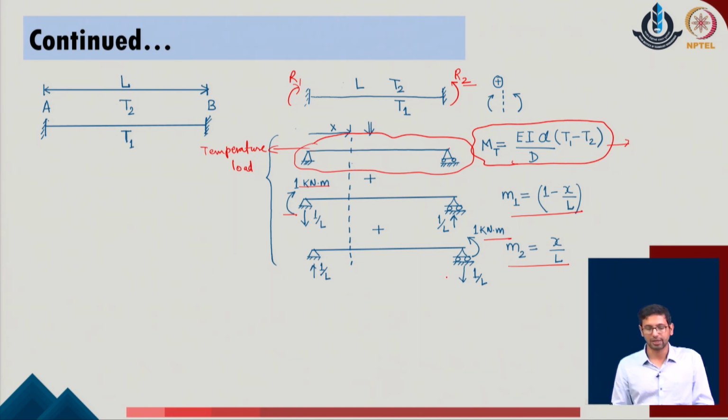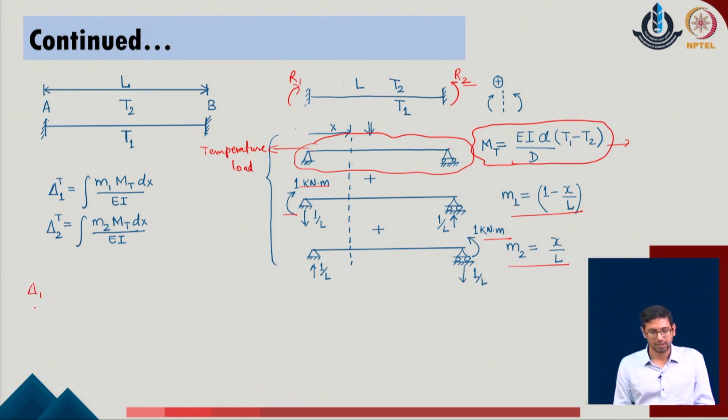Now, one can calculate the standard flexibility equations which are described for the given system, and we can write it as delta 1 and delta 2 for the given problem. Delta 1 is due to the external load, plus delta 1 due to the temperature part, plus delta 1 due to any other kind of secondary effects of the given system, which we are including corresponding to the pre-strains or the support yielding, plus f of 1 into R1 plus f of 1 into R2 in the given problem.